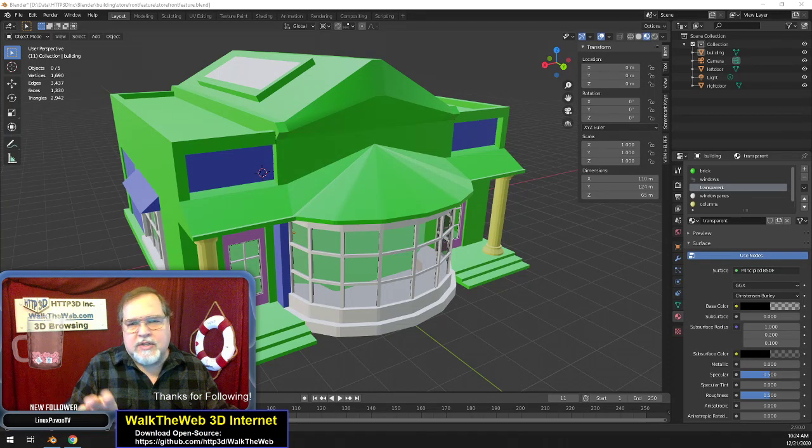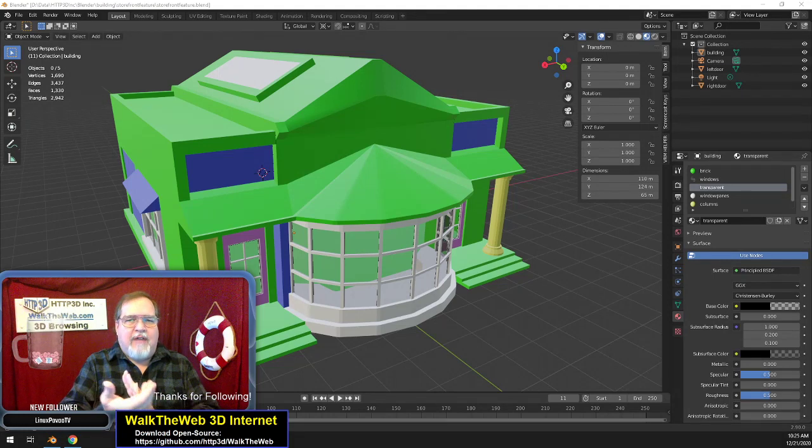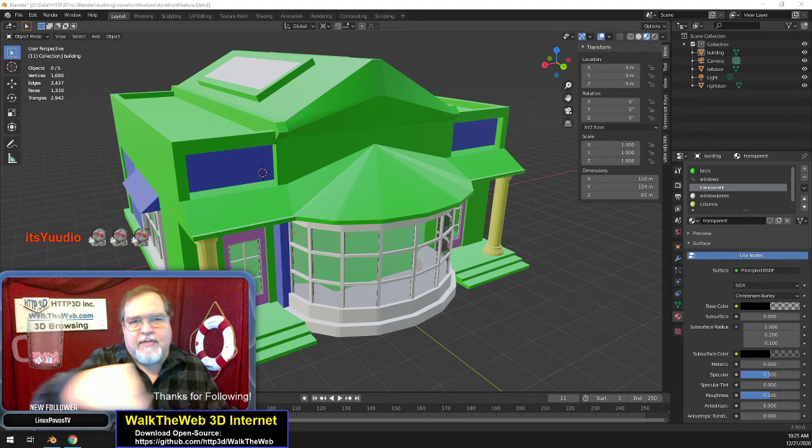So what you're going to see me do here is we're going to be unwrapping the UVs, doing some UV editing. We're going to be putting textures on different surfaces and cleaning up anything we see as we go. Last time we did all the seams so that we can unwrap it, at least get it 90% there. And what you're going to see here is I'm going to be showing you how I can scale some things that are tiled onto different walls. When you do this method, I can tell you right from the start, it's not great for texture painting, but it works great for larger objects, because by having the seamless graphics and then having them tile across the